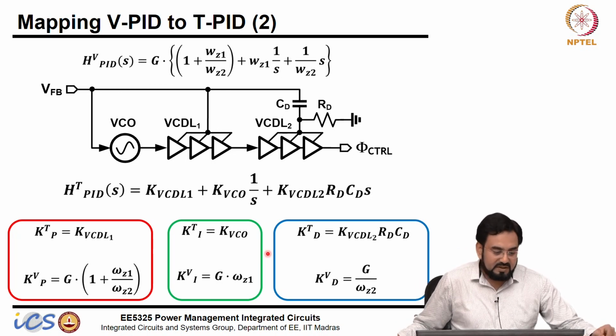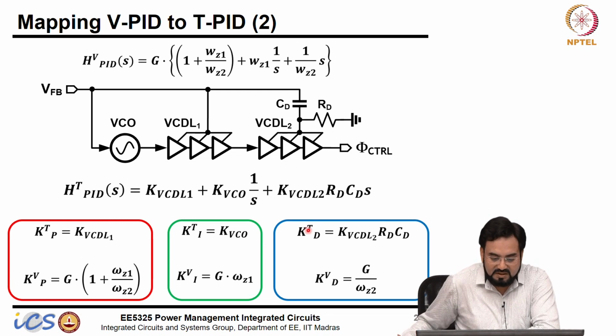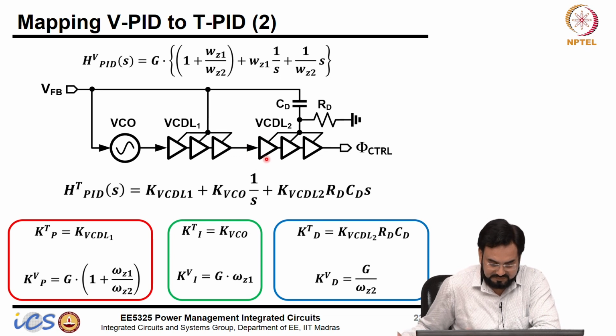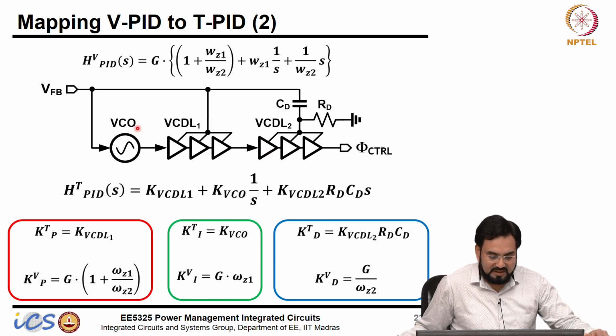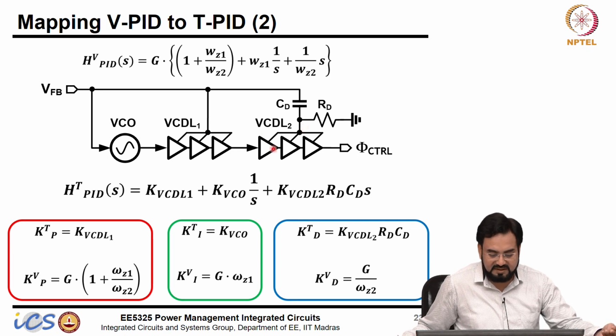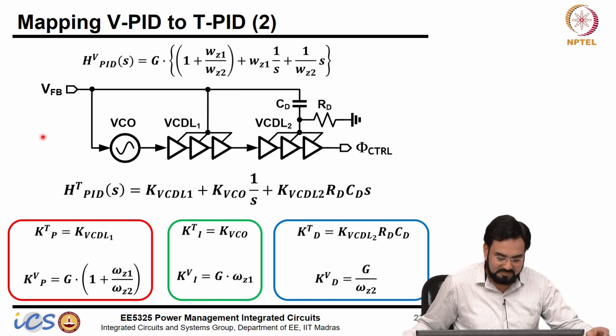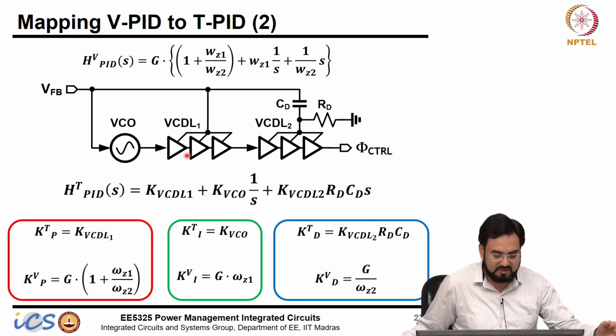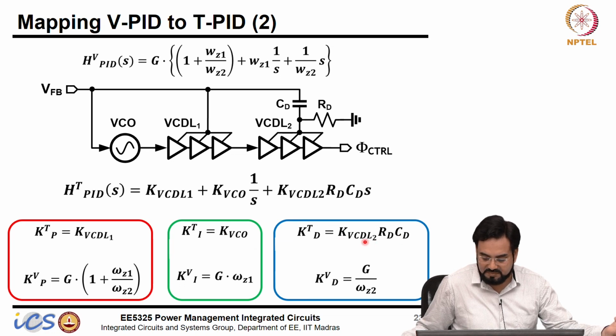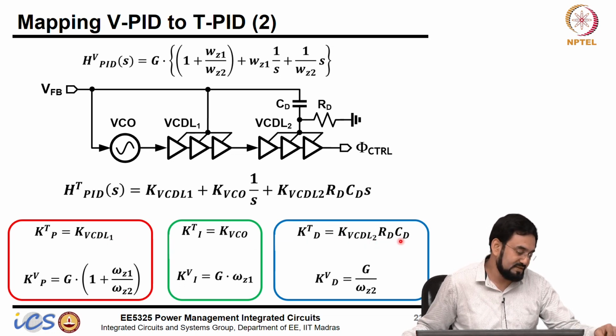Okay, so we were talking about this time-based DC-DC converter, how you build the control loop in time domain using VCOs and VCDLs. So we can build all the integral, proportional and derivative and cascade them, and we know delays are added or phase are added by cascading. So simply we will get the output voltage which will have all the three components, your proportional, integral and derivative. And we know what are the proportional, integral and derivative in voltage domain. We can simply map them and find KVCDL, KVCO and KVCDL1, KVCDL2 and RDCD basically.